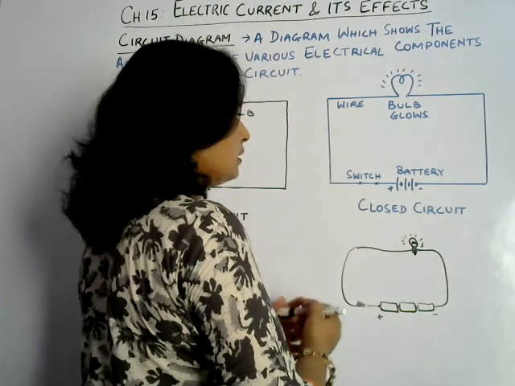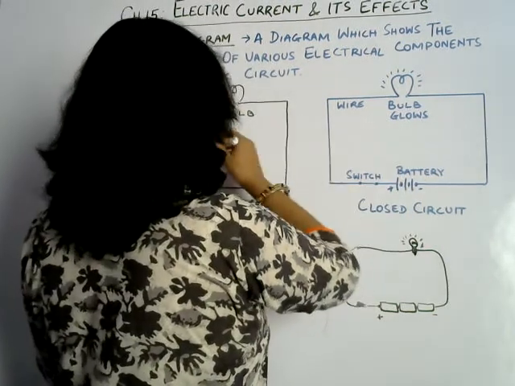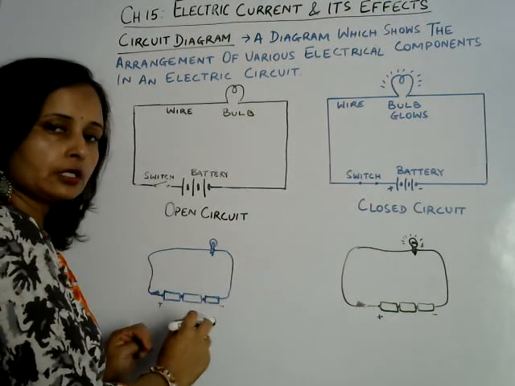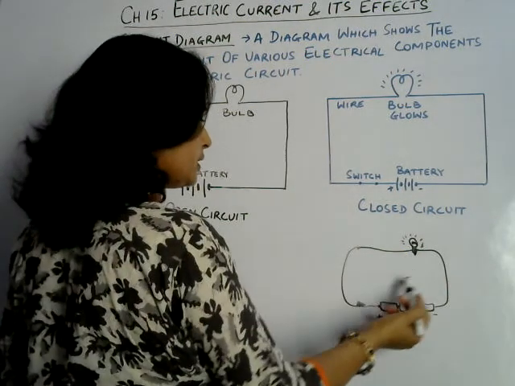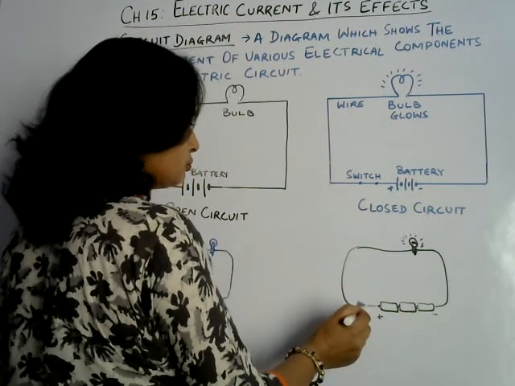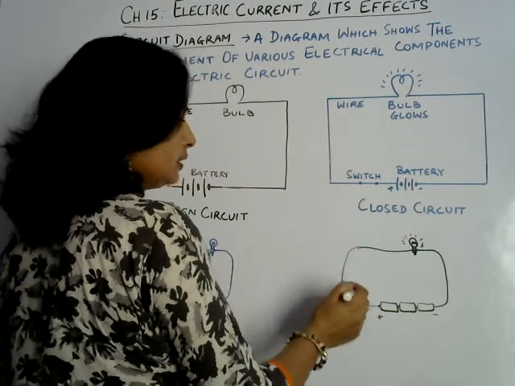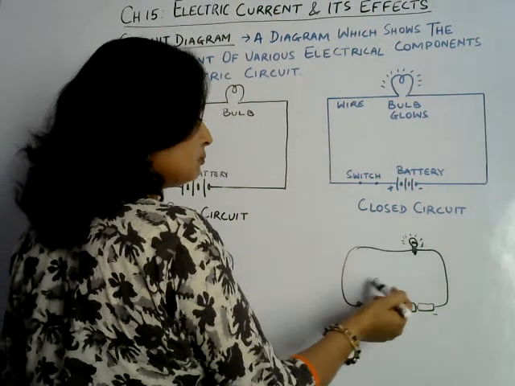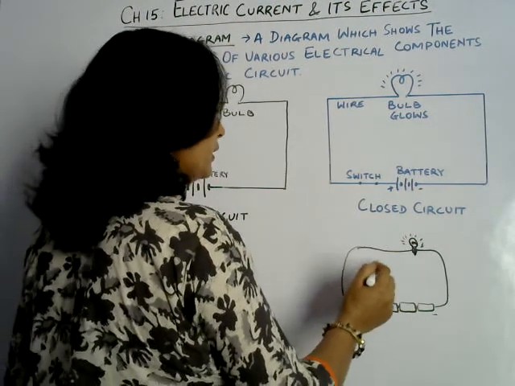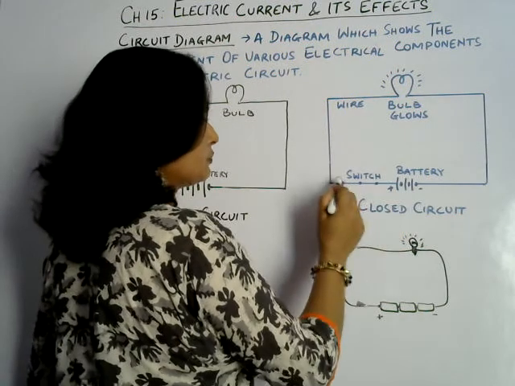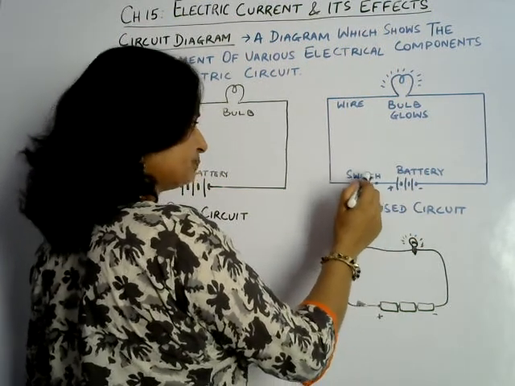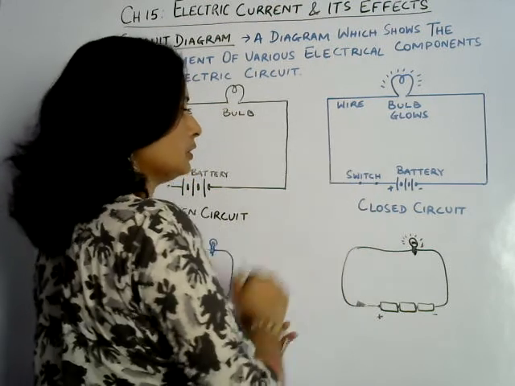So this is the circuit diagram that can be drawn, and this is the actual arrangement of the components of a circuit. This is the actual arrangement: collection of cells, battery, switch. The switch is on here. Then the wire is connected with the bulb. The bulb will glow because the switch is on. And this actual arrangement can be drawn in this way. This is called a circuit diagram. Closed circuit, switch is on and the bulb will glow.